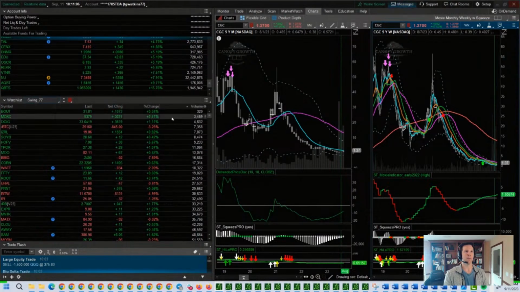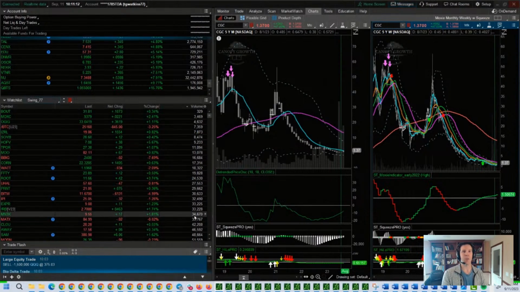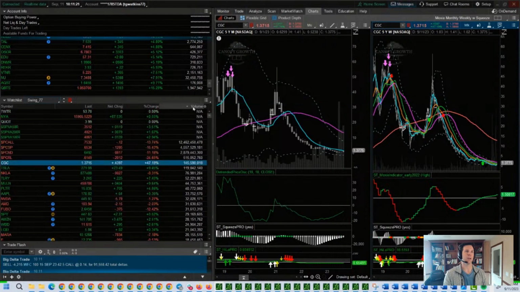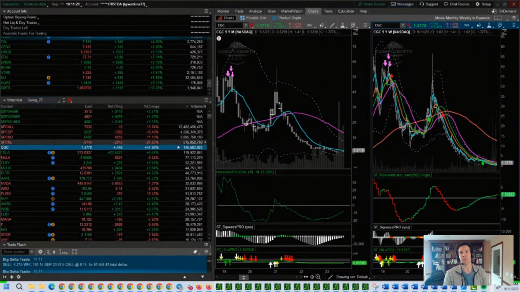I pretty much just don't sort from least volume to most, because most of these you can see there's just not enough volume. I have them on there because they're either ETFs that are kind of telling me something about the market or certain sectors that I should know about. But other than that, if I'm going to save myself some time, I'm going to sort it from the highest volume down to the lowest, because these are generally some of the most important names,